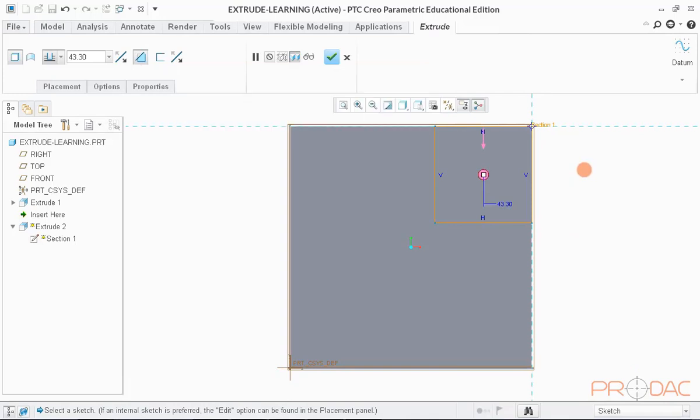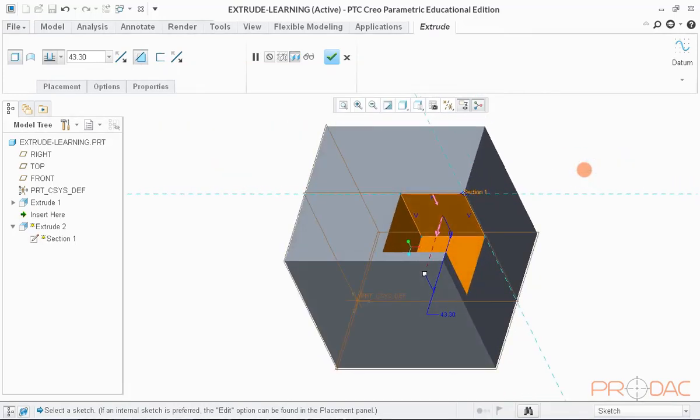Note that the default option is Remove Material. Press Ctrl+D to fit the model. This button allows to toggle between Add and Remove Material. Default material removal option is Blind. This option allows to have a cut of defined depth.